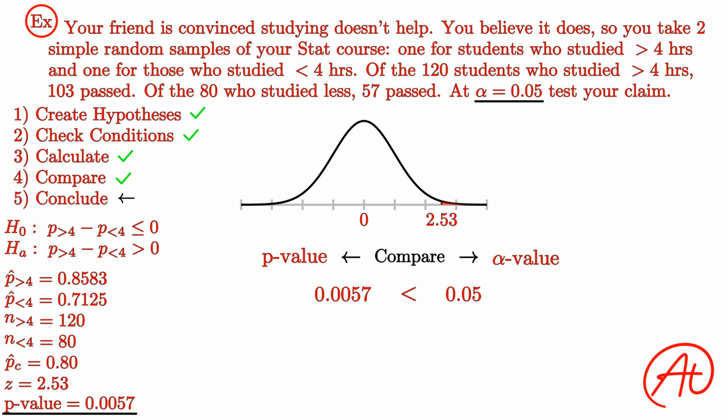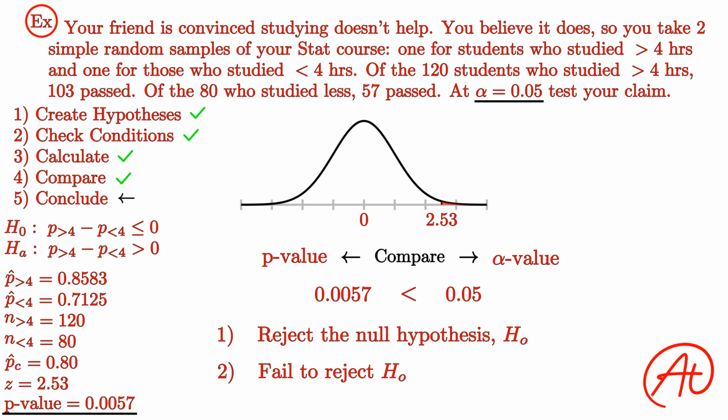If you recall, there are only two conclusions you can make for hypothesis testing problems. We can either reject the null hypothesis in favor of the alternative hypothesis, or we can fail to reject the null hypothesis. To know when to make each of these conclusions, I like to remember the saying, if p is low, reject H0. That means that if our p-value is low, aka lower than our alpha value, we should reject H0, the null hypothesis. If the p-value is greater than the alpha value, we would fail to reject the null hypothesis. For our example, the p-value of 0.0057 was less than our alpha value of 0.05, so we would reject